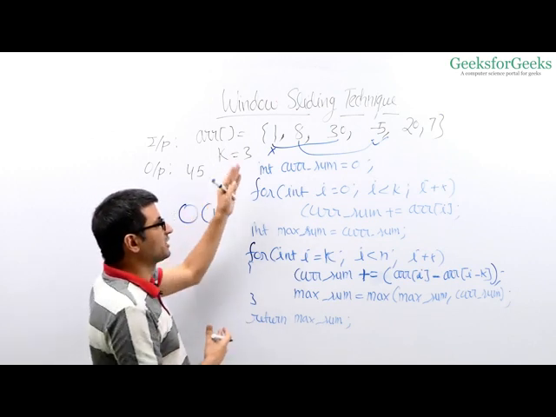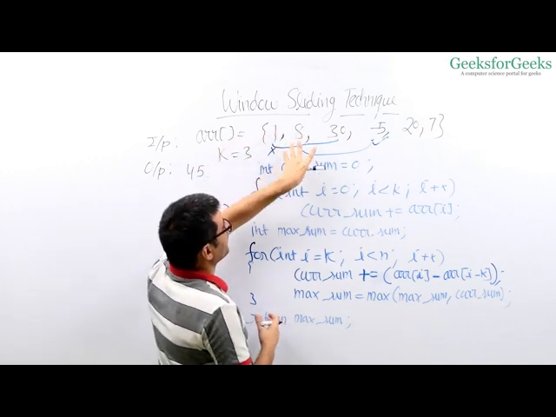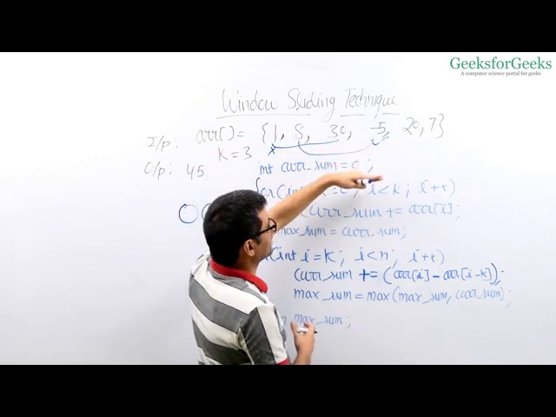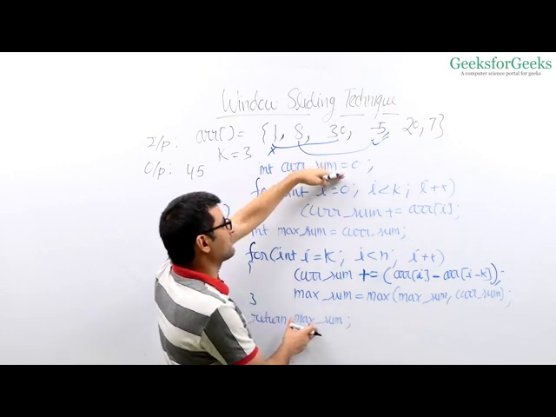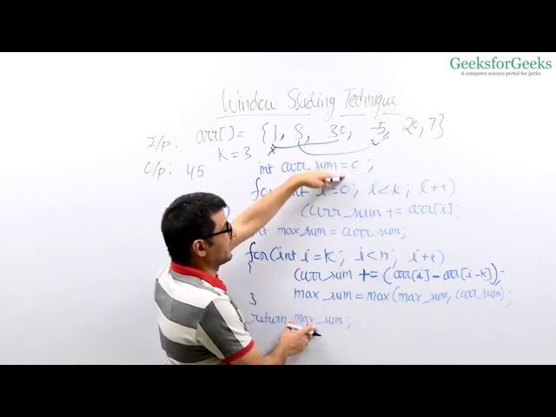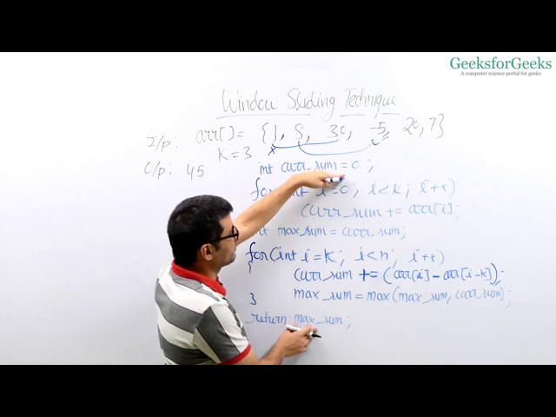So basically what happens is you are traversing through every subarray of size k in these loops, and you have the sum of every subarray of size k. That is why this approach works, and this approach works in big O of n time.